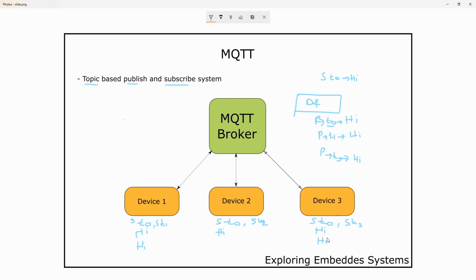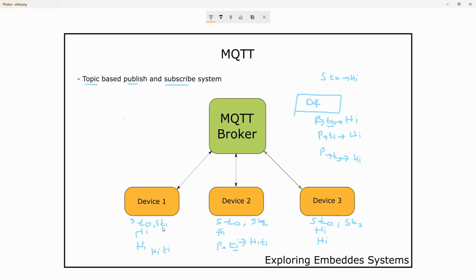So I think you have understood. Now let's assume this one publishes to topic T1 and says hi T1. Since it is published to topic T1, this one will get the message hi T1, and nothing else will get it, because only this one is subscribed to that topic. So that's the basics of it.